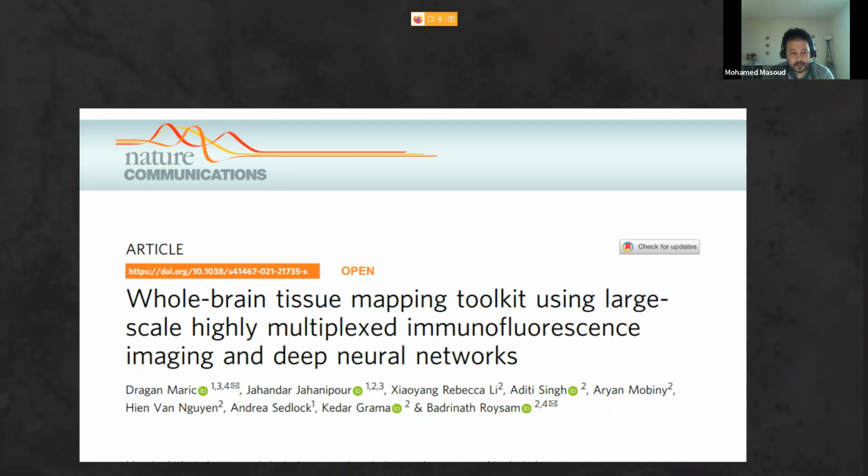When we get a slice from the brain, we need whole-context analysis in order to get the right insight into the cells in this tissue. So the authors had to use validated immunolabeling protocols that are capable of imaging large panels of biomarkers across this large brain tissue.